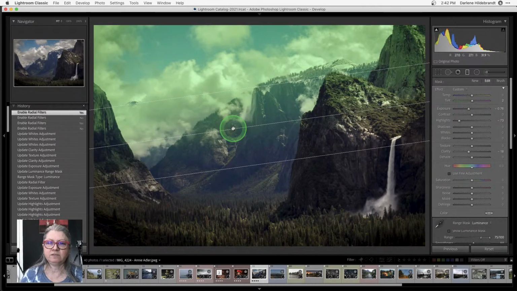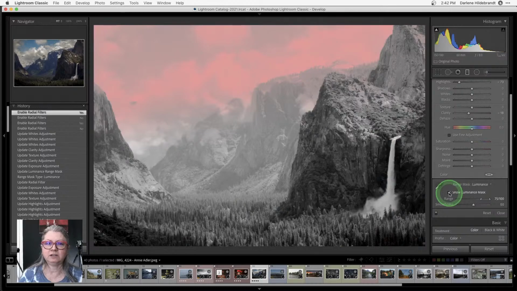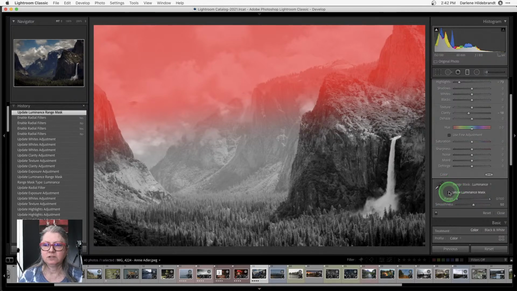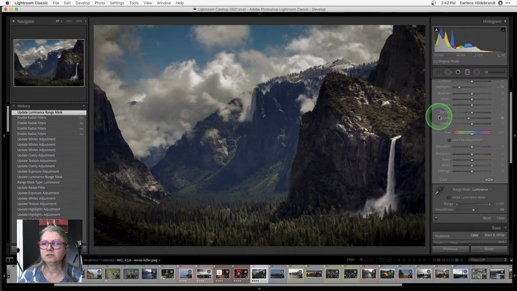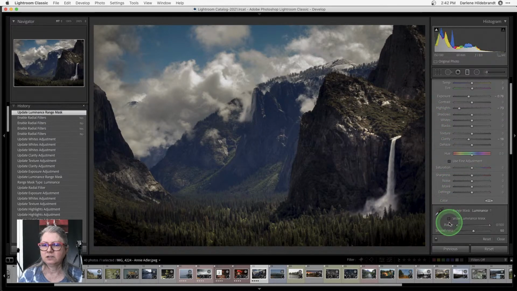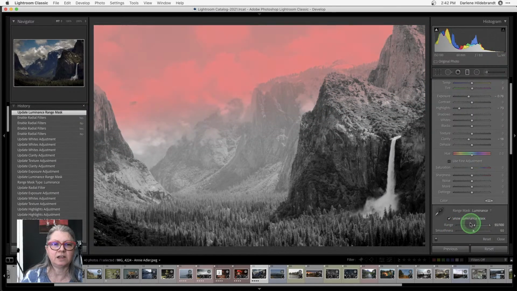Okay, so you can see that I've applied that graduated filter, and I've used that range mask again so that it's only applying on the light areas, right? So I don't want it to apply to the mountains, right? So you can see that it's darkening the edge of the mountains as well, okay? So I don't want to do that. So if I go back to remove it using that luminance slider, okay?